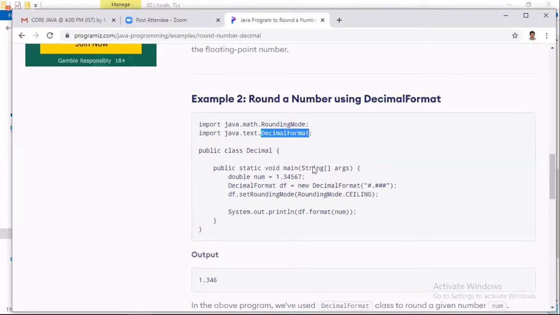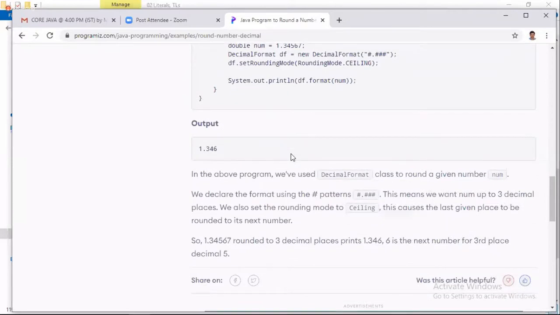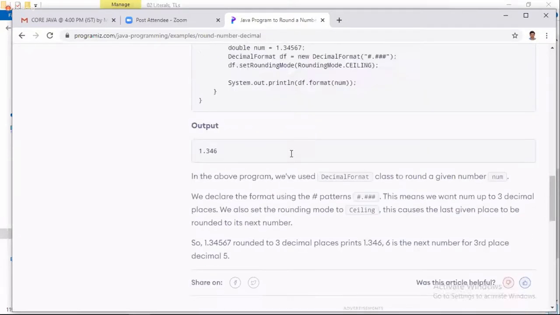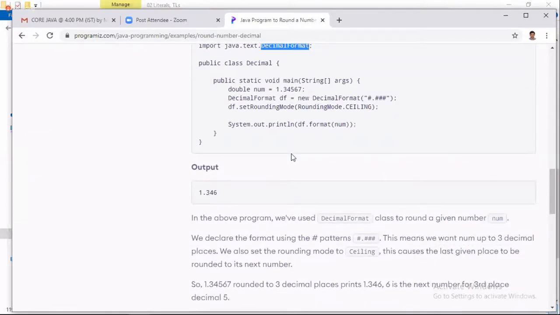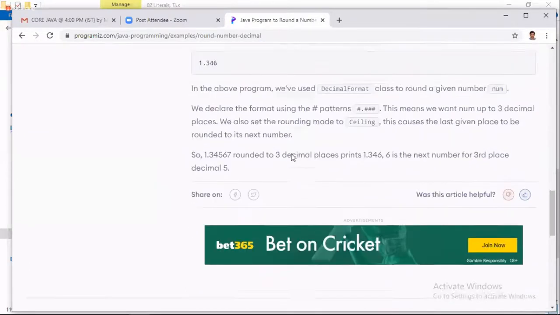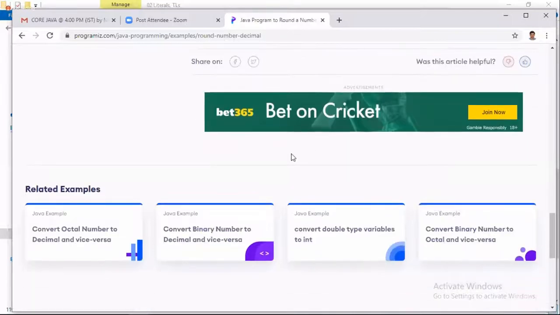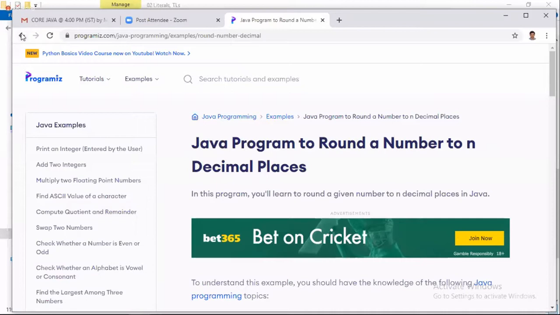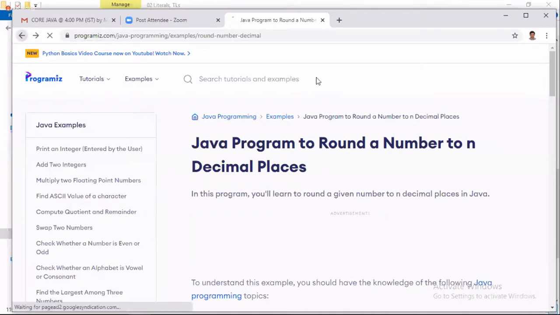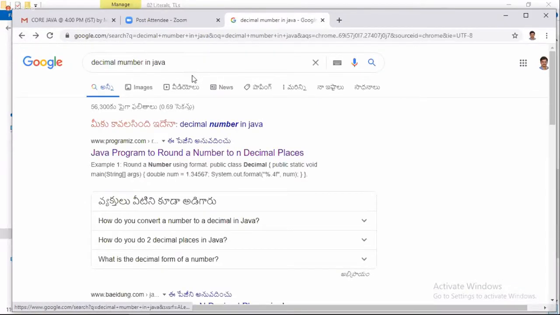Decimal float. Okay, big decimal, big integer. So decimal means floating point number.